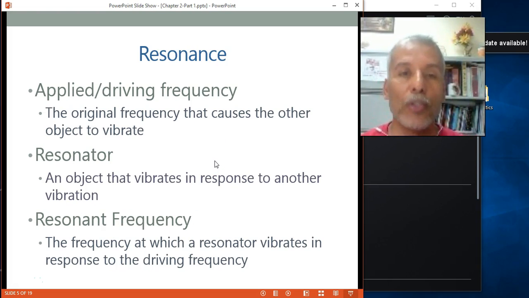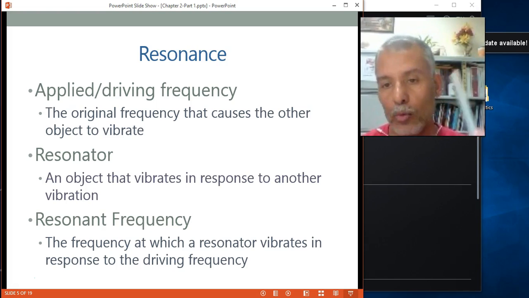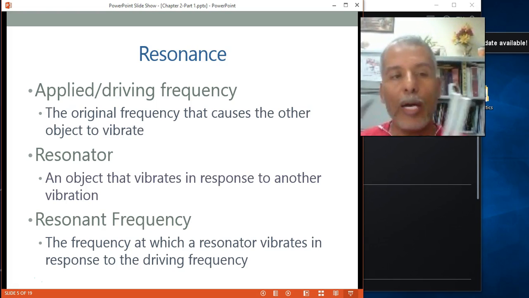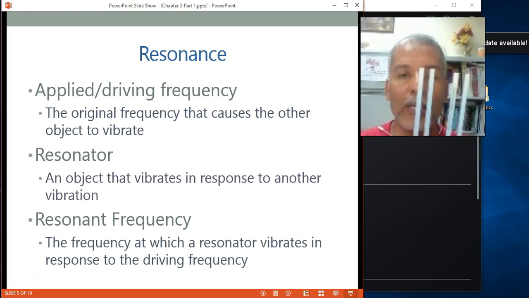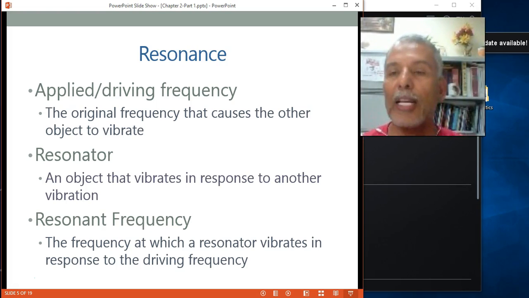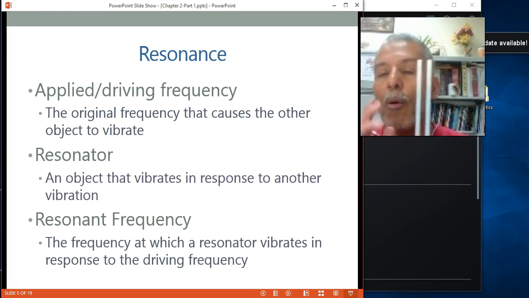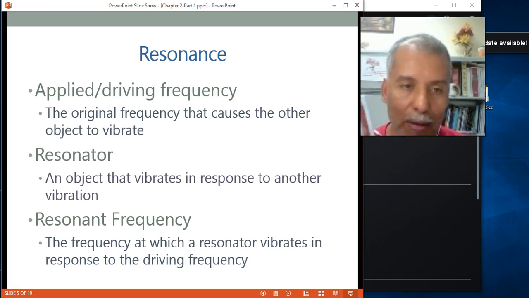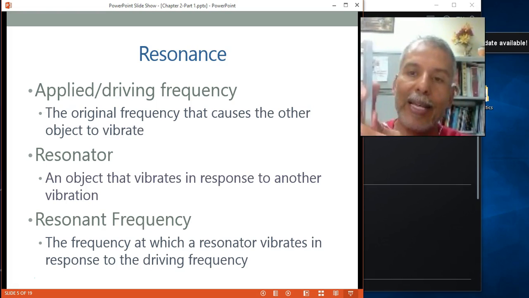So a resonator is an object that vibrates in response to another vibration. For example, like I said, there's a tuning fork, you hit it, it has an original or an applied frequency, you put another fork next to it that you did not do anything with except for putting it close. And if they have the same natural frequency, you are going to get the maximum and the best response from this resonator. So that is called a resonator. What kind? We call it a mechanical one, because you can hold it, you can feel it, it moves physically, you know, a piece moving back and forth.